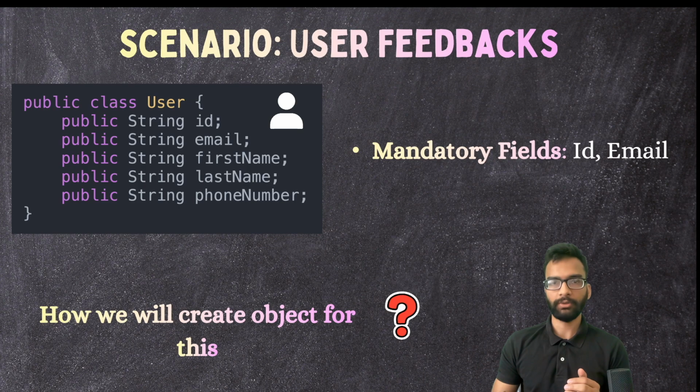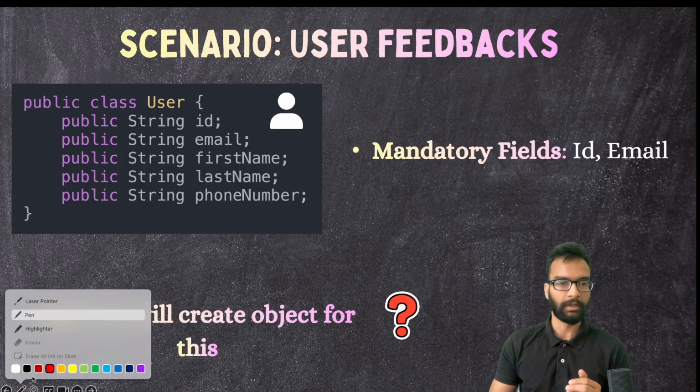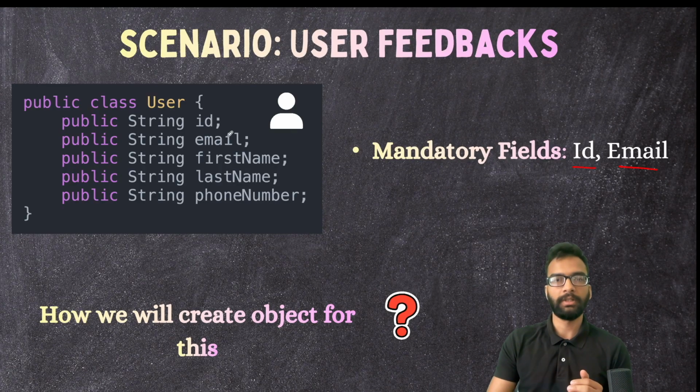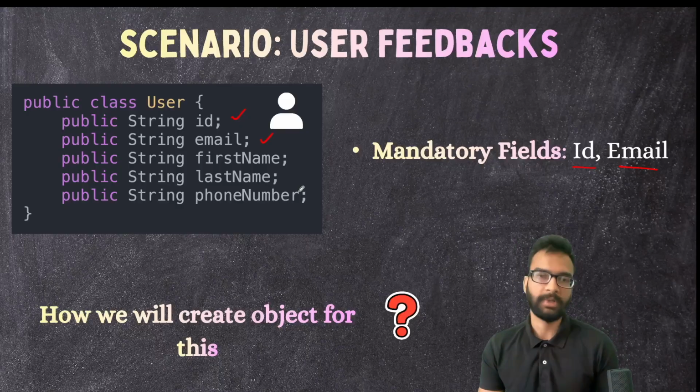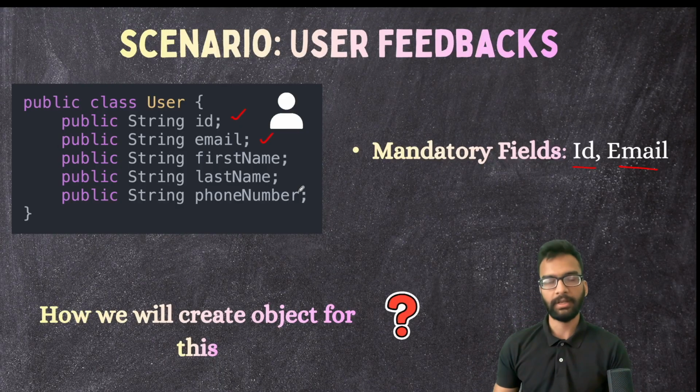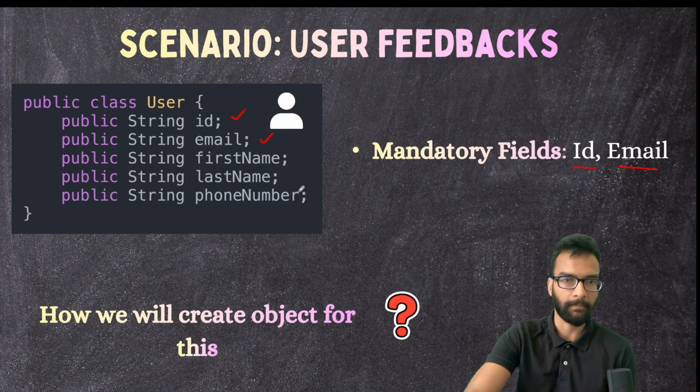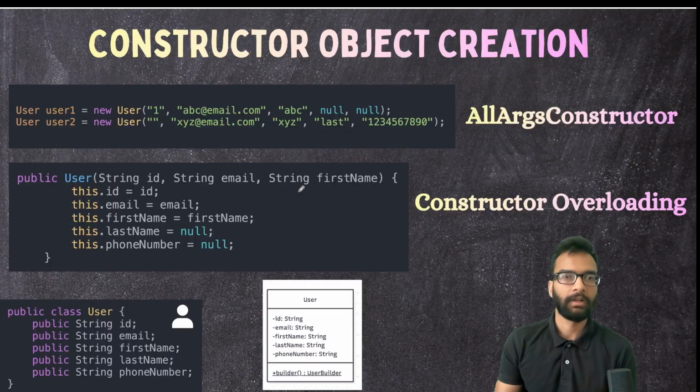So let's say you just only require mandatory fields like ID and email. So only these two are required and rest all are optional. So how you will create the object of that? Obviously the first answer is like we can create an object using constructor. Let's see that. So I have this user